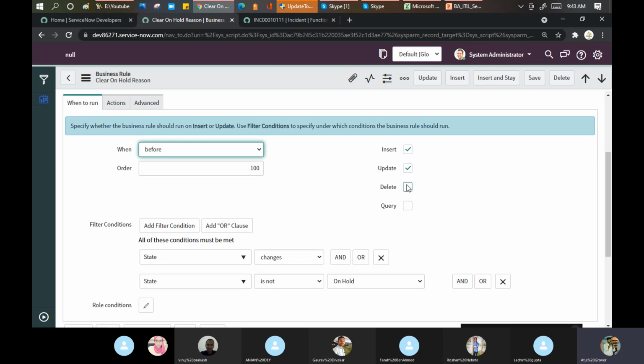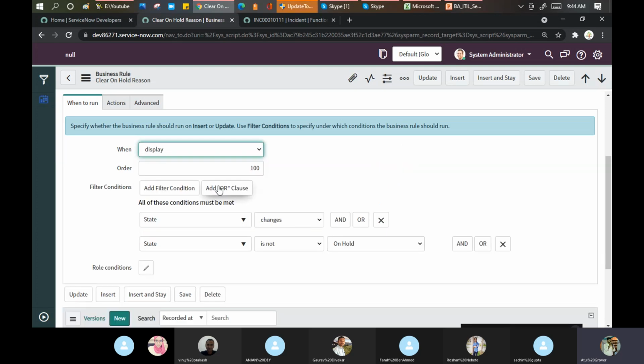Suppose you want to search something from the database. Before you find your results, you should fill up the captcha. That is a query part. The same goes for the after, and asynchronous also goes the same way, but there is nothing for the display part.